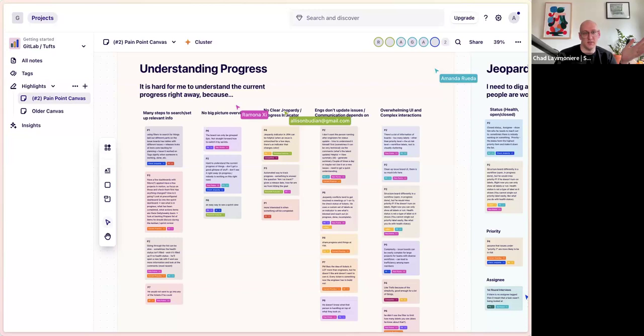If you wanted to automate the updating of like health status, it's maybe not as big, but there's a lot to consider in terms of what goes into that calculation and where that calculation is done and whether or not that needs to be customizable, etc. Overwhelming UI and complex interactions is big and kind of vague. There's a lot of addressable space there, but judging the success of the project could be difficult. Like, how do you know it's not overwhelming anymore?